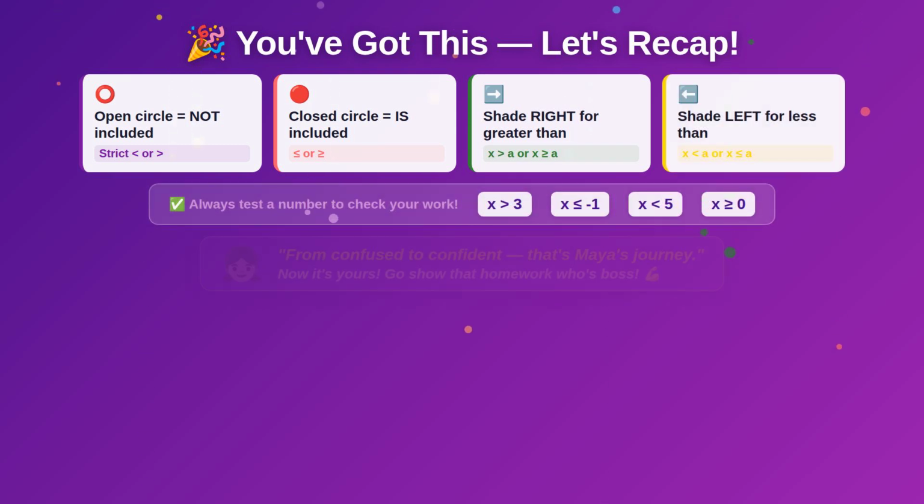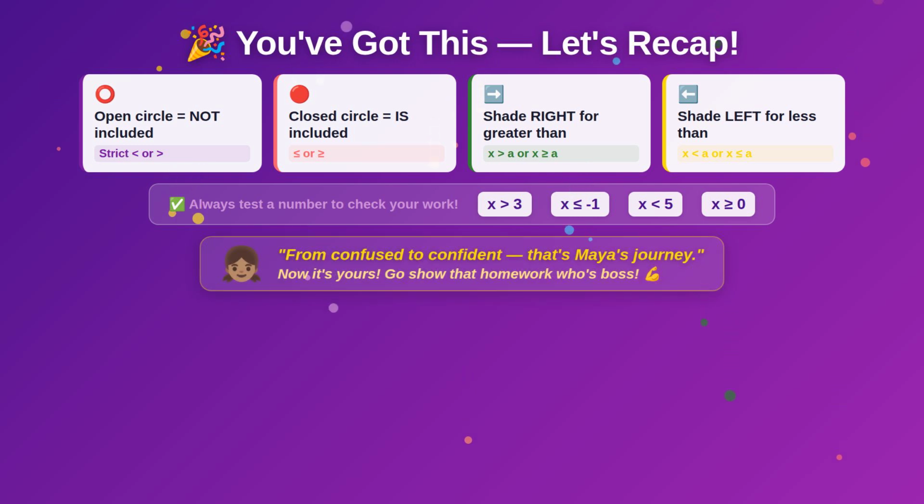Look how far we've come. Remember Maya staring at her homework totally stumped? Now she can graph any inequality in 4 smooth steps. Let's do a quick recap. Open circle means the number is not included. That's for strict less than or greater than. Closed circle means the number is included, for less than or equal to and greater than or equal to. Shade right for greater than, shade left for less than, and always test a number to check your work. You've got all the tools. Go show that homework who's boss. You've totally